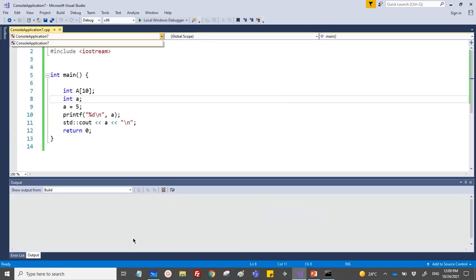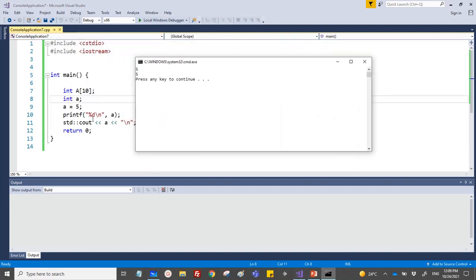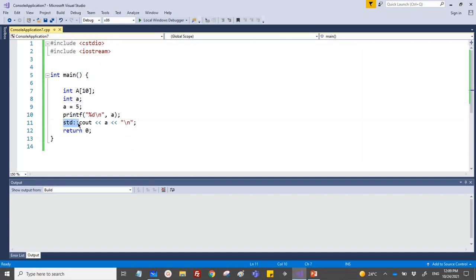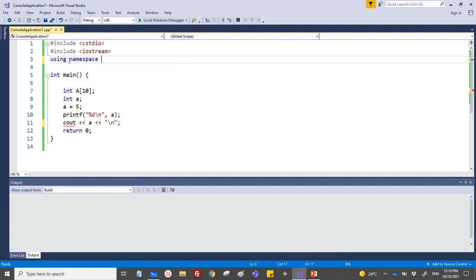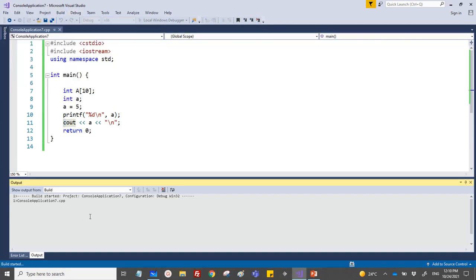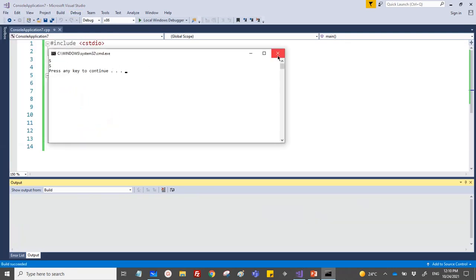At the end, okay, I have got the same output twice, 5 and 5, because I'm using the standard library with cout. So instead of always writing this, I can remove it and I will declare that I will use the namespace, using namespace std. Later on, whenever it sees a cout, it will understand that it's part of the standard library. Let's do a build. Obviously I will not have an error, and then I will do debugging and I will end up with